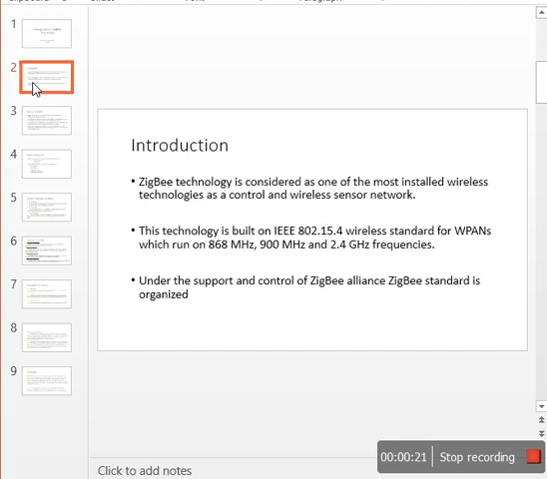As an introduction, I would like to say ZigBee technology is considered one of the most installed wireless network technologies, which is used as a control and wireless sensor network. Numerous high data rate communication standards are present in the world, but these standards do not cover device and sensor communication. So to meet these needs, ZigBee technology was introduced, which is low cost and runs on low power consumption. This technology is also built upon the IEEE 802.15.4 wireless standard for wireless